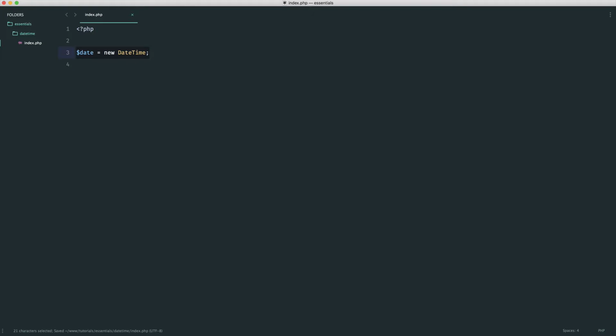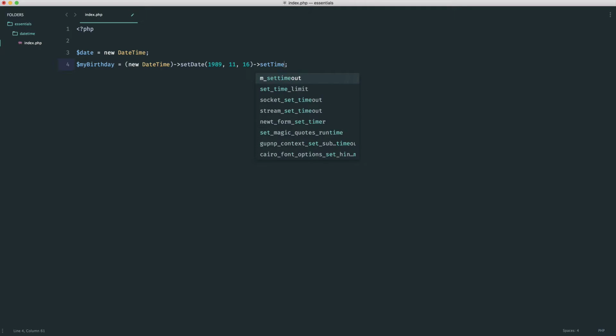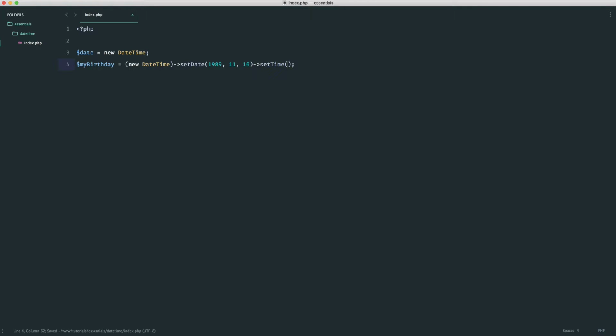So I'm starting out with a DateTime object, which represents the current date and time as we know. And now what I want to do is create a variable called myBirthday, which is a new DateTime, and I want to go ahead and set the date and time here. To do this very simply on one line, I can just say new DateTime. Let's imagine this is coming from a form. So we're going to set the date like this: 1989, November, the 16th. And then I'm going to set the time, which we don't have to do, but since the default DateTime defaults to the current time, I'm just going to say I was born at 10 o'clock,